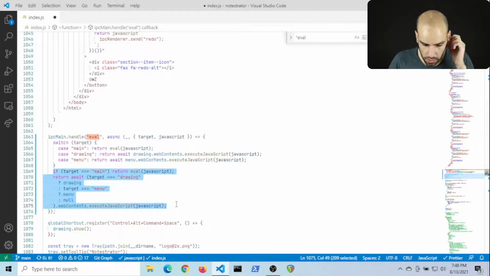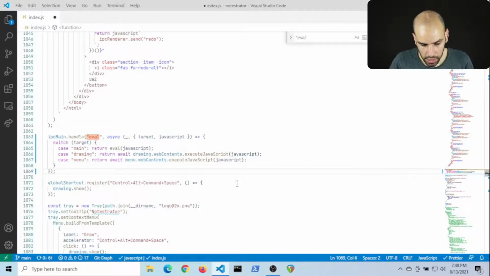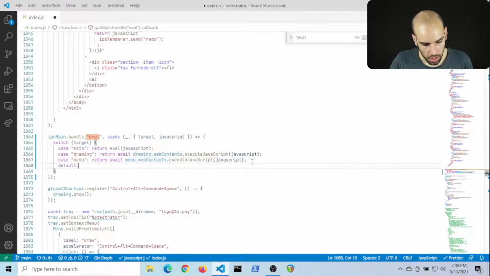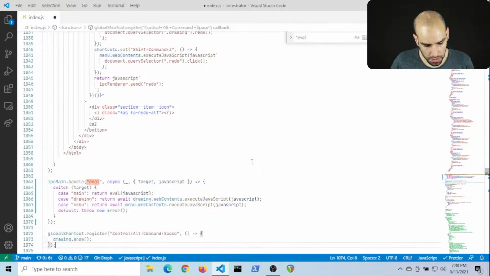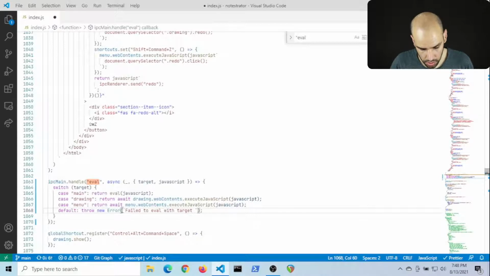You look at this and you know what it's doing, and I prefer it that way. And then a default of throw new error, oops, fat fingers, different computer. So fail to eval with target.